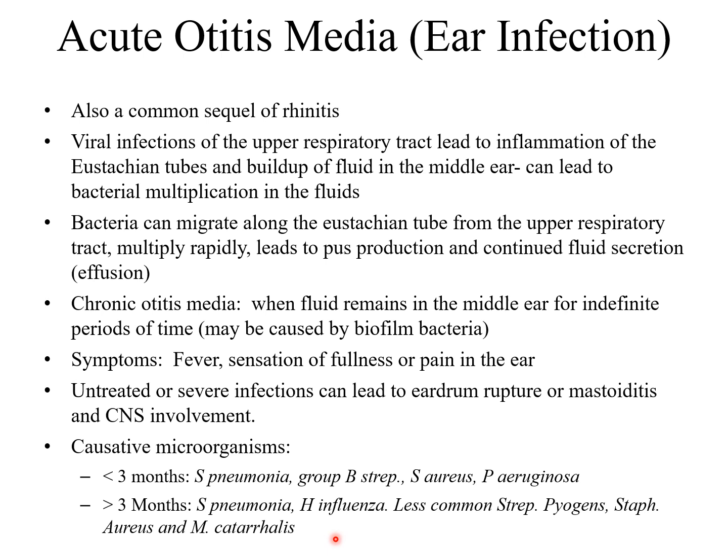بما أننا بنحكي عن نفس الميكانيزم sinusitis and otitis media, then the causative microorganisms are the same in the adults. In children less than 3 months, strep pneumonia, a group B strep, which can be acquired from the mother, Staph aureus and Pseudomonas aeruginosa might be causative agents in this case. So the bacteria can migrate along the eustachian tube from the upper respiratory tract, multiply rapidly, lead to pus production